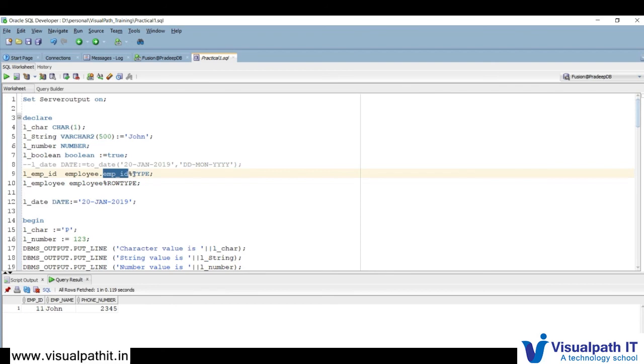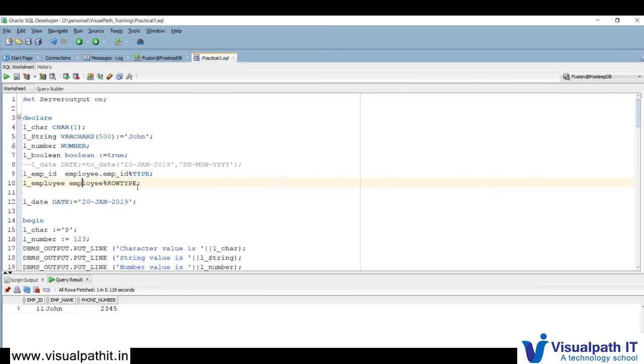So whatever data type is defined for this employee ID will now automatically be the type of L_EMP_ID. If it is a VARCHAR2, then the type of L_EMP_ID will also become VARCHAR2. Similarly, I have anchored this other variable to the employee table row, the entire row.